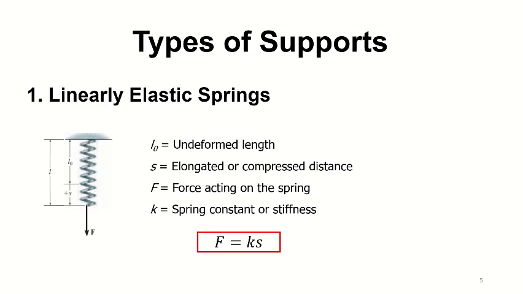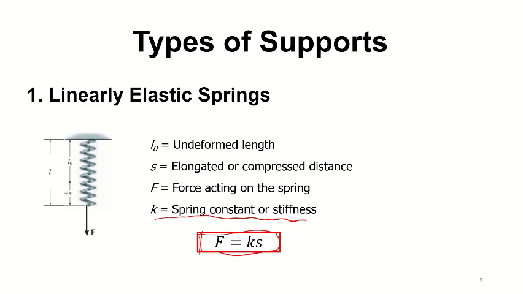A characteristic that defines the elasticity of a spring is the spring constant, or stiffness. The magnitude of the force exerted on a linearly elastic spring which has a stiffness K and is deformed a distance S measured from its unloaded position, we can find using this equation,